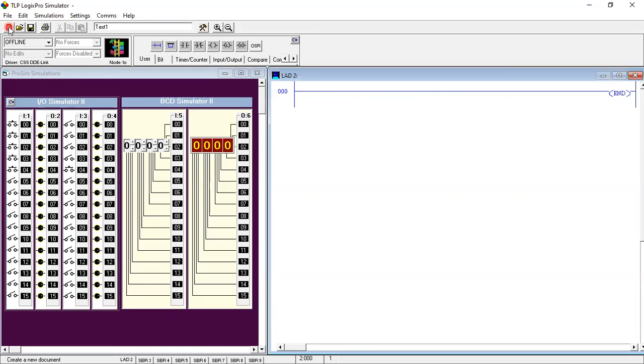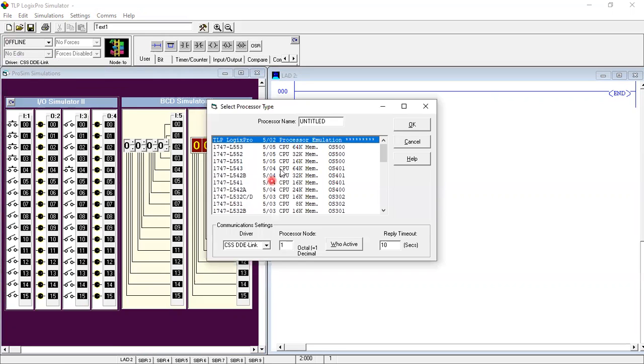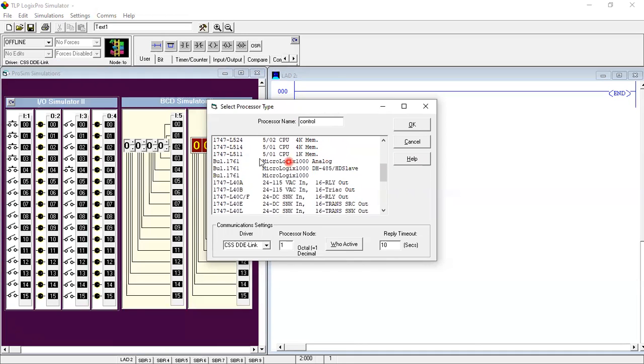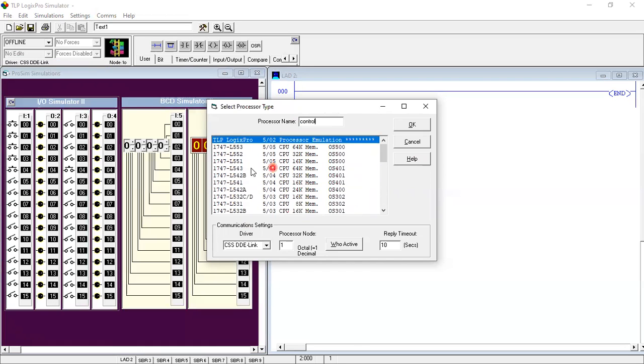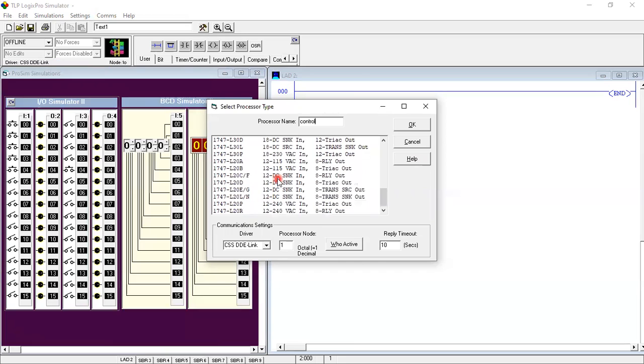Here, this is the new icon. When we push this icon, it will create a new project, and we can give the name like control. These are the CPU protocols, which we can choose according to our application.